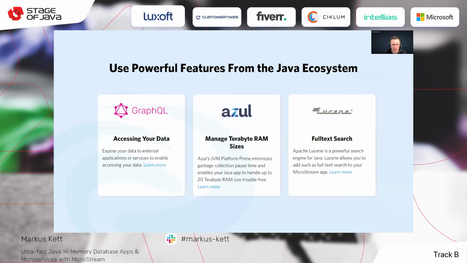You can use Lucene to implement a full text search, and if you want to deal with huge memory sizes, and you have concerns about garbage collector pauses, then you can check out Azul JVM. Up to 20 terabytes of memory can be handled by the Azul JVM, and that's really incredible.